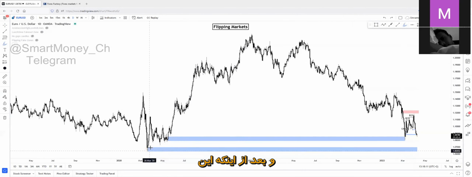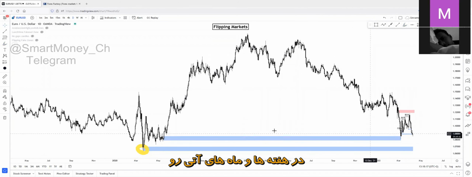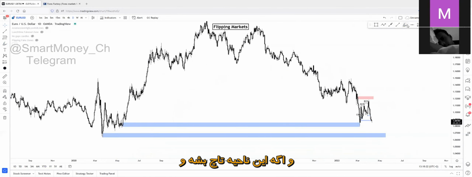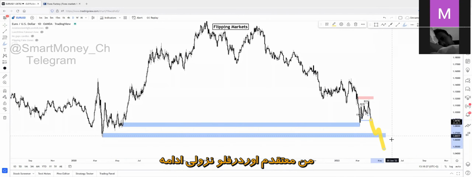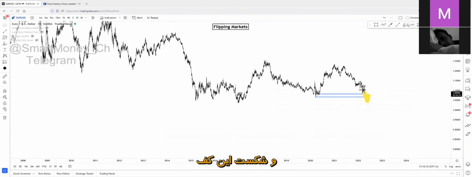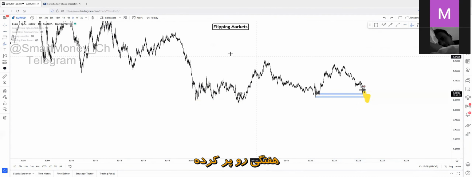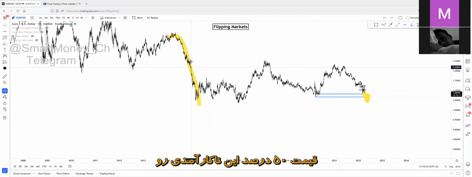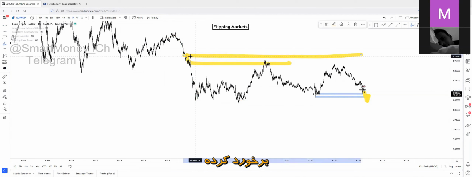And after this zone is tapped, that will be a real bias decider zone for the upcoming weeks and the upcoming months. Because if price can break below this bias decider demand zone down here, the overall bearish order flow will be continued, I believe, and we will see much deeper prices. We will see a break of this overall low point right here, because price has filled up 50% of the inefficiency. On the weekly chart, this was the inefficient movement. And with this pullback to the upside, price has filled up the 50% of the inefficiency, as you can see, and tapped into some sort of decisional supply zone at this region.